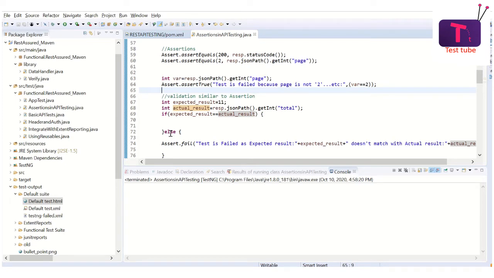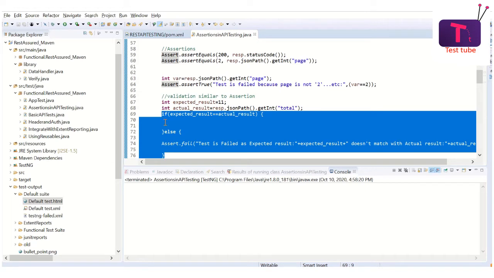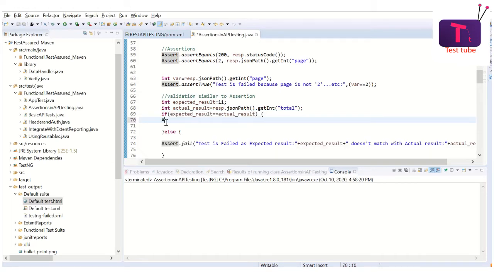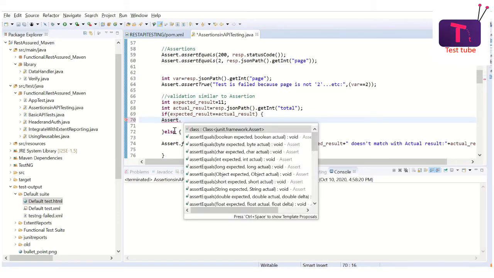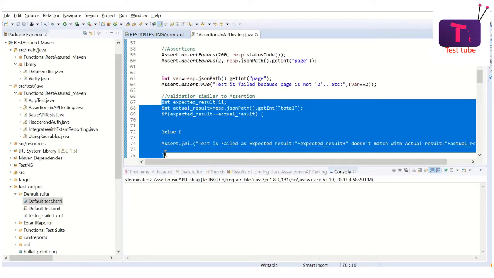And how this is happening is over here. Else, that means if this condition has failed, it will fail the test and it will print some message. So this is what is inside the assert. What is not inside assert is, if it is success, like assert.fail, you don't have a method, something similar to pass or something, wherein you can pass it by printing some customized message. That is not there in assert. So this is how assert works internally.